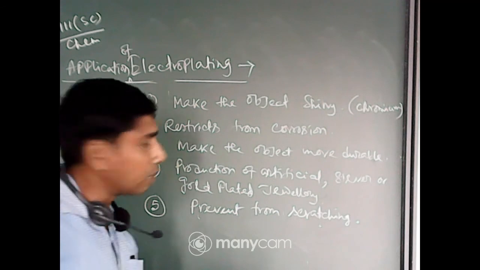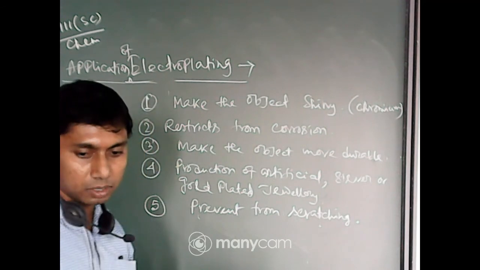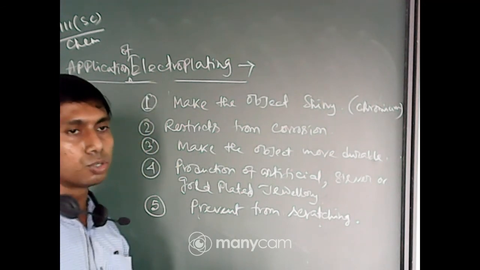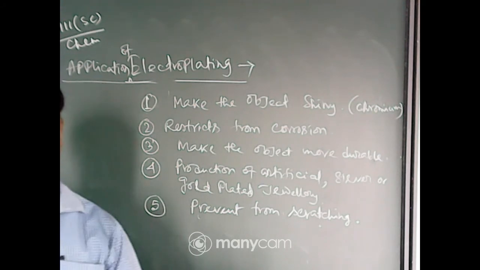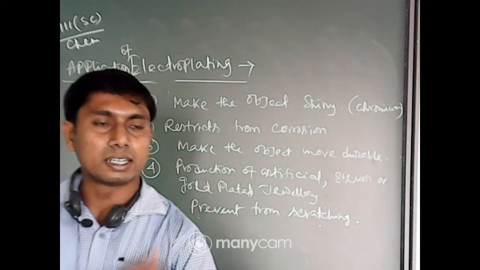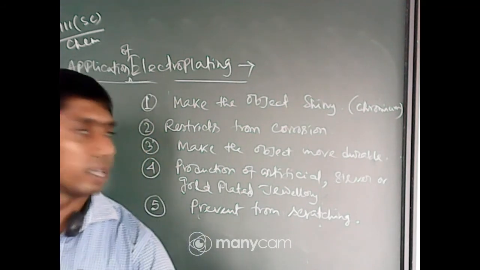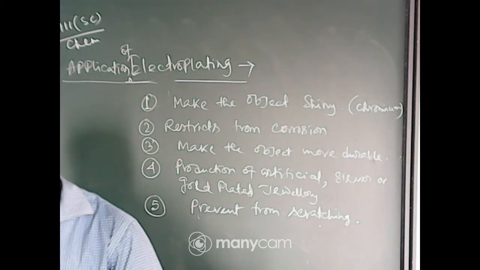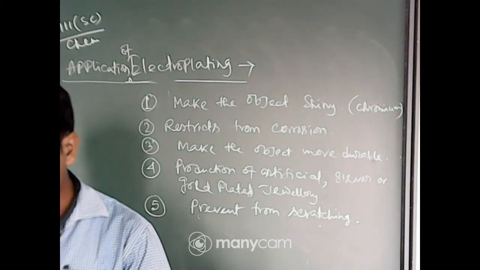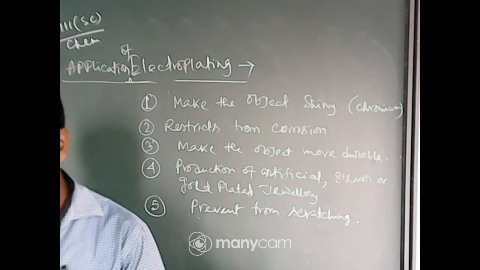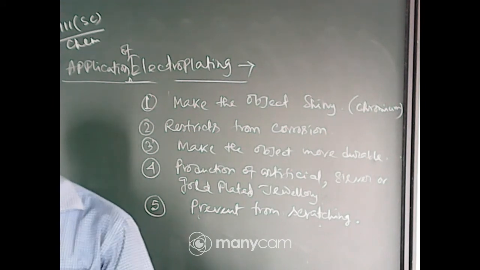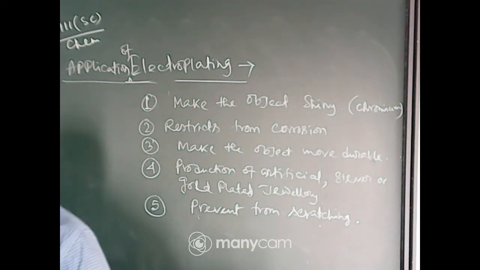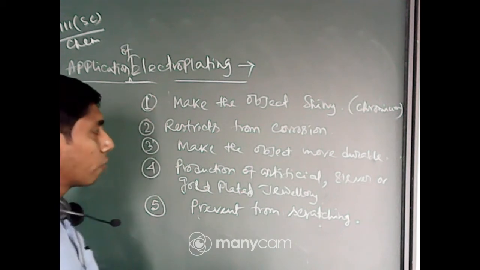Already Onnoy had given the point, that is electrotyping. It may be used for decoration purposes, and also to make some letters or words by the process of electrotyping. Now you can see the mementos, the sets for distributing to the guests which we use, and also the cycle handle. These are all examples of electroplating.